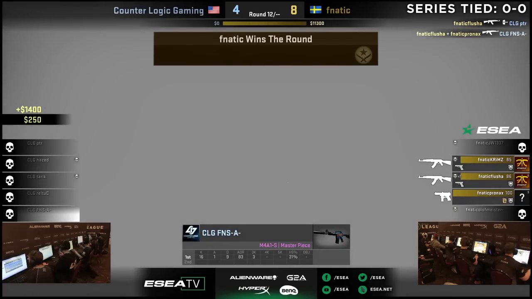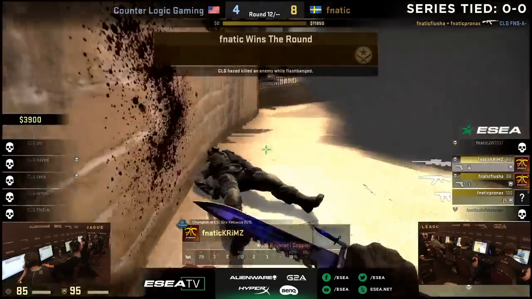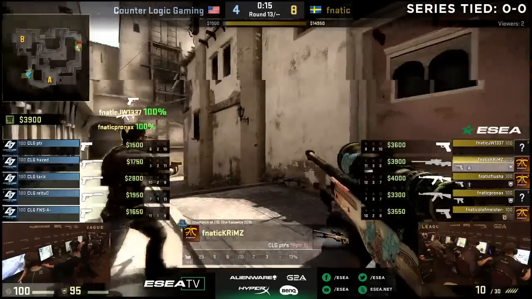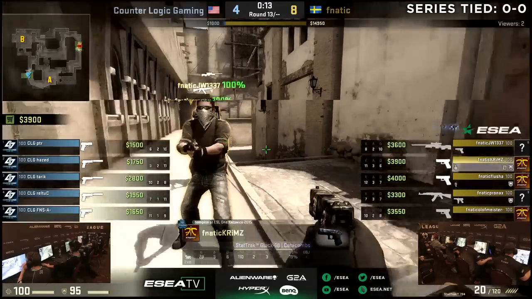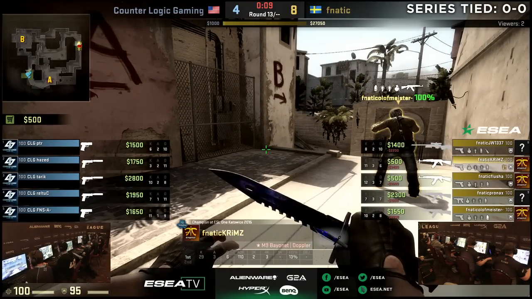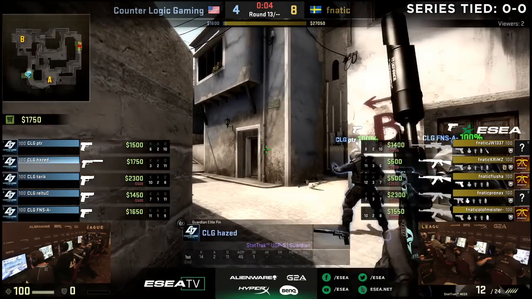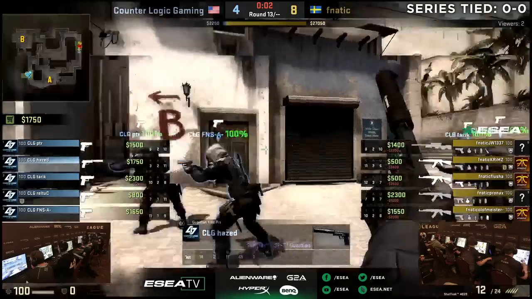FNS looking for it, but through the smoke, Flusha's going to be able to take him down. And just like that, that's going to force, I believe, a save now from the CLG side. Their money is going to be very starved. Yeah, that was aggression initiated by CLG, but Fnatic is just so good at trading in these situations. They actually had 3 up in halls. They killed 2 of CLG and lost 1, so they're able to just take that and just bully their way into the B